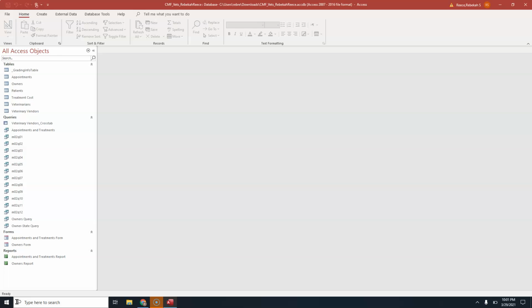Also, we will be looking at adding some new fields. Maybe you will decide that you have some additional needs, so you can add additional fields to your database or additional tables if needed. We're also going to be learning how to do some filtering, how to do some different types of queries. We've mainly used select queries now. We did learn the crosstab query, but we'll be doing some other action queries like updating and deleting records from